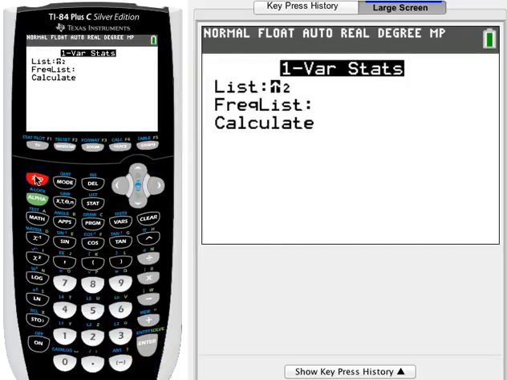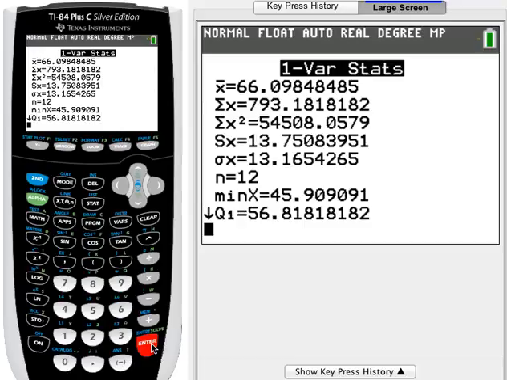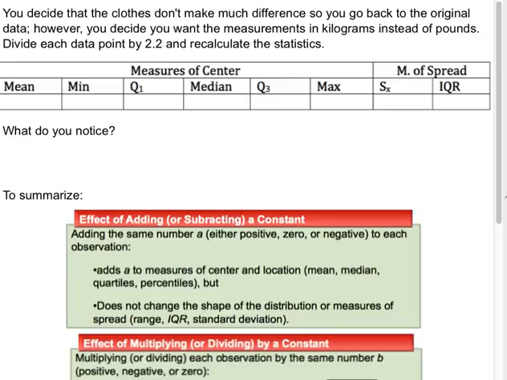This time the data I'm looking at is in my third list. And calculate. So now let's go and look at these values. Okay, so the mean is 66.098 about. The minimum is about 45.91. Q1 is about